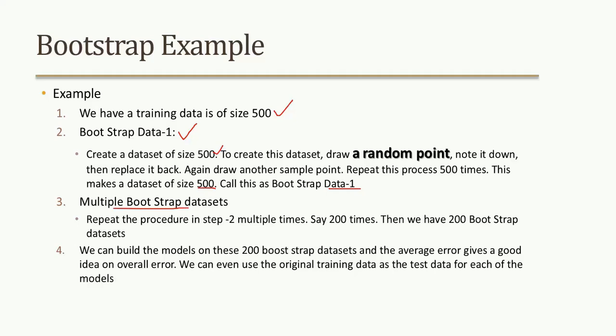For multiple bootstrap datasets, after doing bootstrap dataset 1, repeat this process again and again, let's say 200 times. Then we have 200 bootstrap datasets, or we can repeat it 10 times. Then we have 10 bootstrap datasets, each of size 500. Then we can build models on these 200 bootstrap samples or those 10 bootstrap samples, and find the average error. That gives a very good idea of the overall error. The results coming out of bootstrap samples are very solid and very consistent. We can definitely believe the actual accuracy or the error. In fact, we can consider that as the final accuracy of the